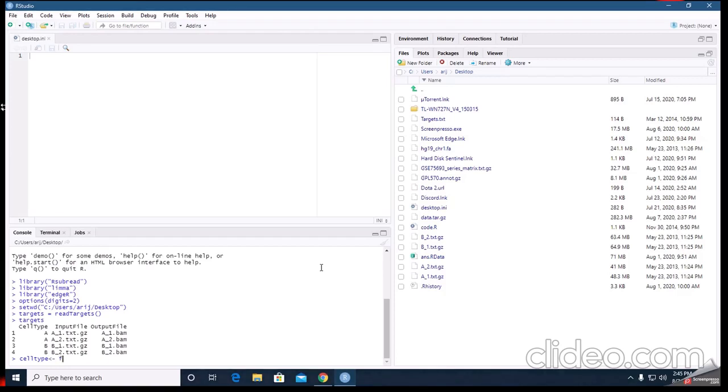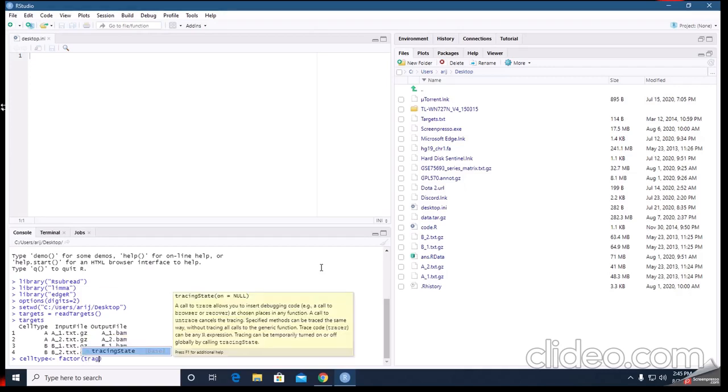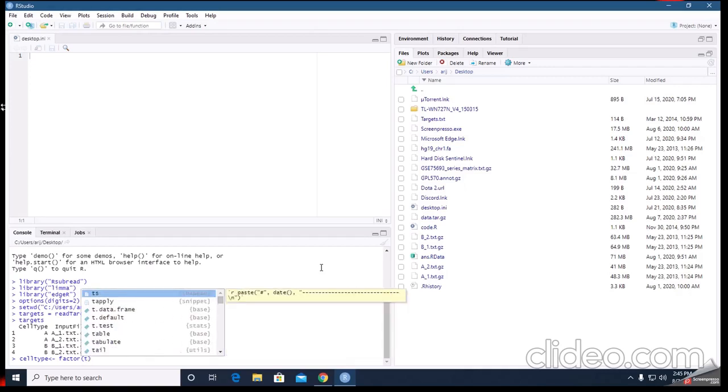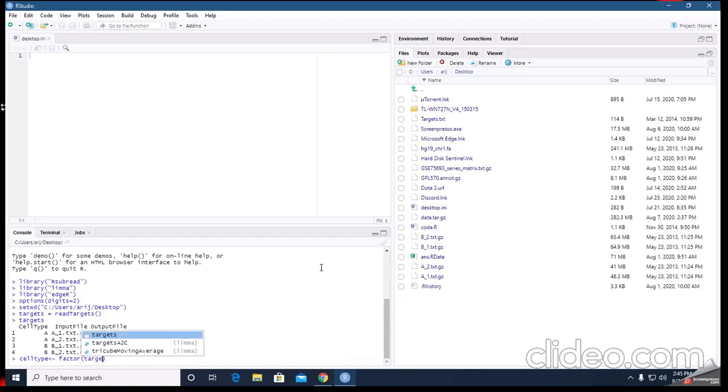We are going to make the factor of our cell type column which is present in the target file, and the function of the $ sign in R is to show the file's column.